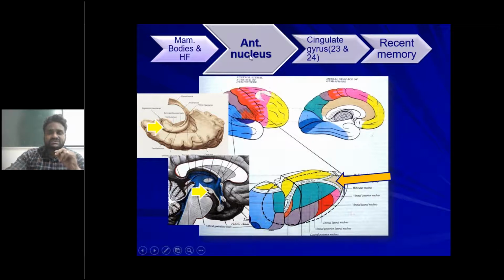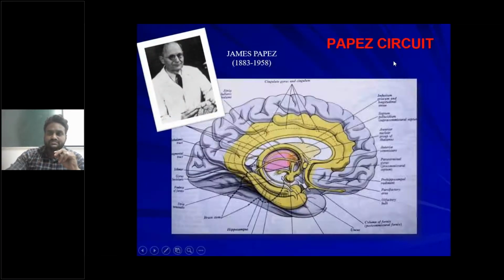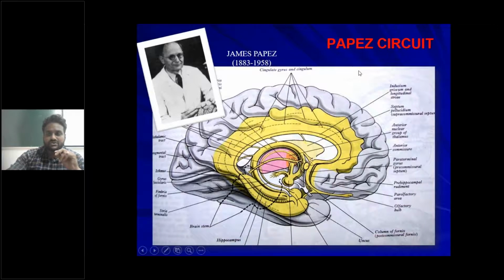And the function of this nucleus is recent memory. So this is the main center for permanent and long memory. That means if you see all these parts, these are interconnected with fibers to form one circuit, and that popular circuit is called the Papez circuit. Papez circuit. So this one is a short notes question from the thalamus. Papez circuit, very important.